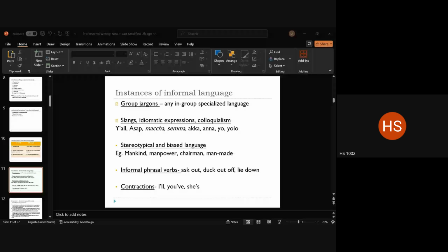You either say African American or Black American. Why is saying Black American okay? Because that particular phrase has been accepted by the community. The community accepts being called Black Americans. Since that consent comes from the community itself, we are allowed to use it. But anything that we coin by ourselves is not allowed.